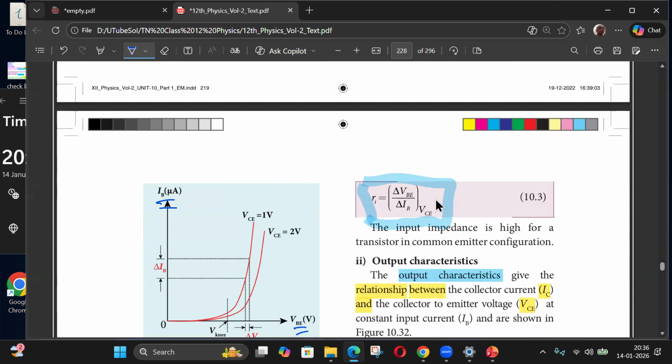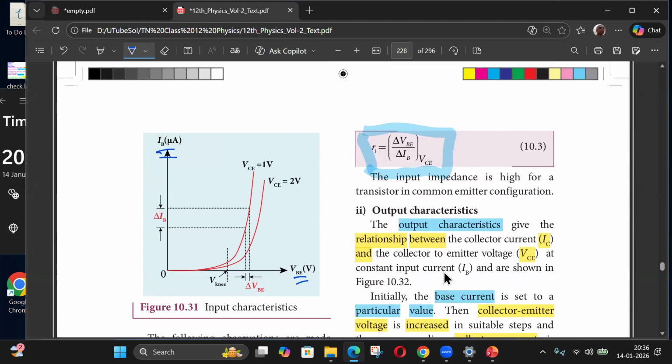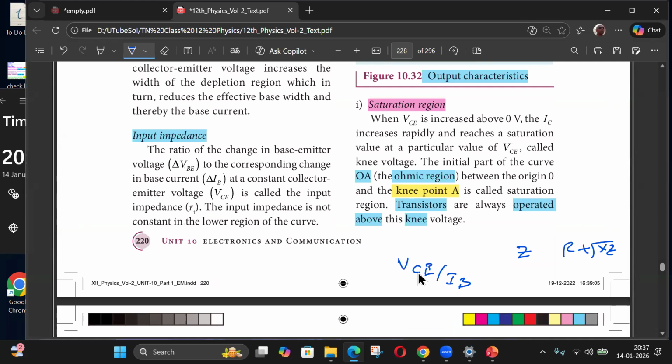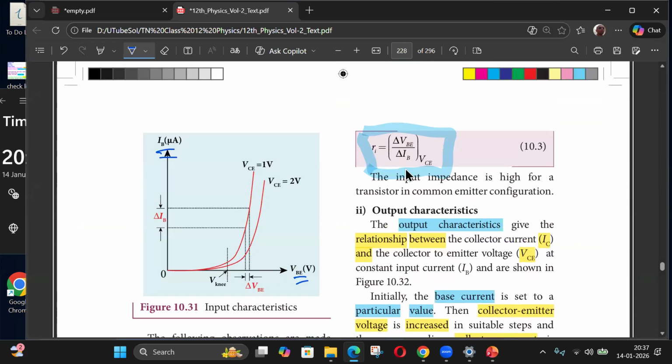Hold on. Input voltage is between base and emitter, right? Input is base, common thing is emitter. So input voltage is between base and emitter, and the current is base current. So for a resistance,